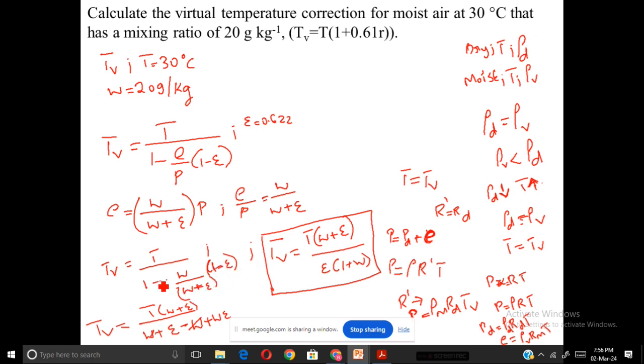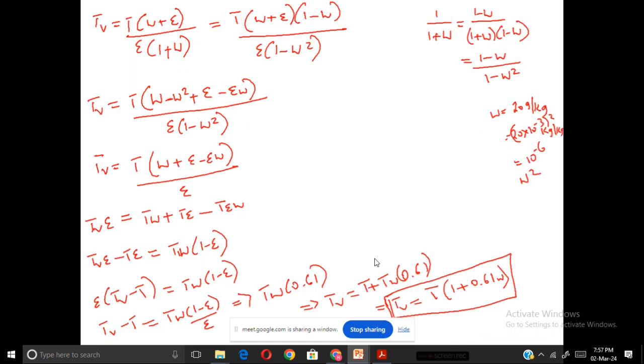So multiplying (W plus epsilon) to the numerator, TV becomes T into (W plus epsilon) by, and opening the brackets, that will become W plus epsilon minus (W plus epsilon) into W. Then it will finally reach the form TV is equal to T into (W plus epsilon) by epsilon into (1 plus W). Now the term 1 by (1 plus W),